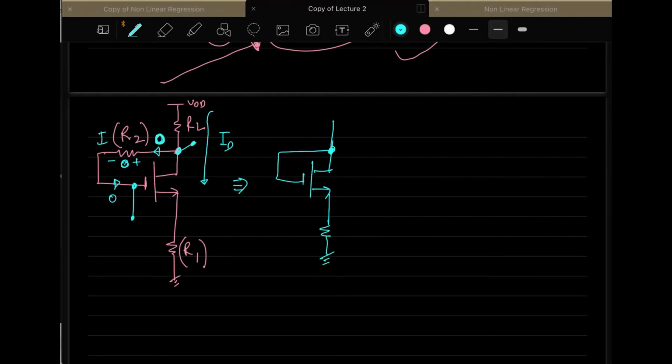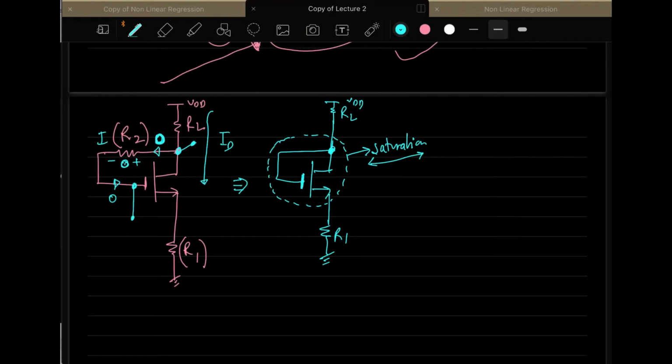So in DC analysis, you know that this transistor, as we proved last time, is always in saturation. This VGS bias is automatically set when you connect gate to drain. It automatically adjusts itself, and we proved it last time that this MOSFET is in saturation. This is always true.